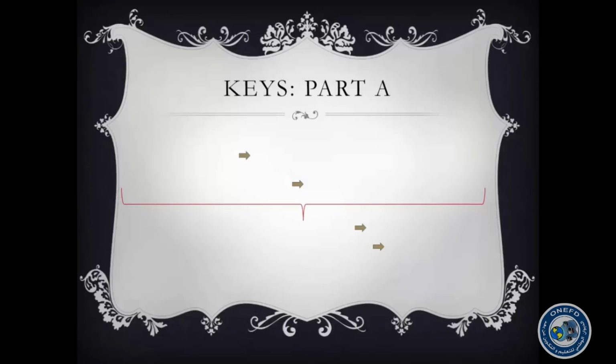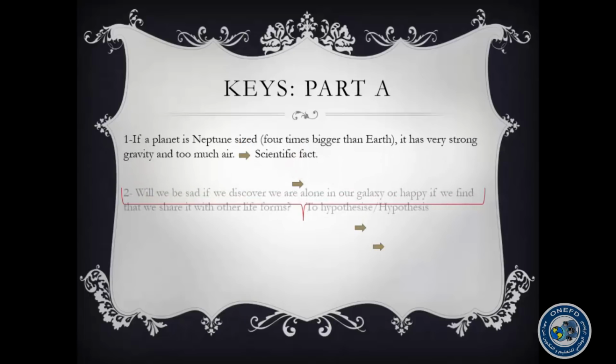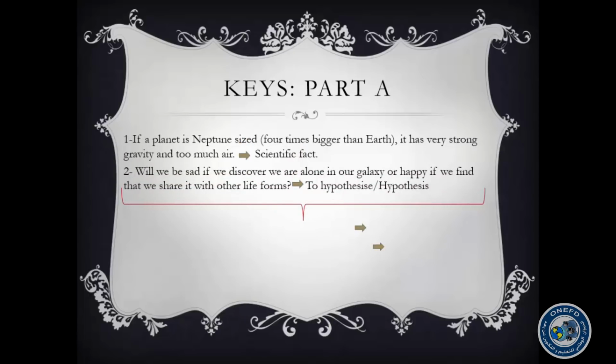So we have the answer to part A. We have given you the two sentences that were underlined in the text. The first sentence is, if a planet is Neptune-sized, 4 times bigger than Earth, it has very strong gravity and too much air. Second sentence, will we be sad if we discover we are alone in our galaxy, or happy if we find that we share it with other life